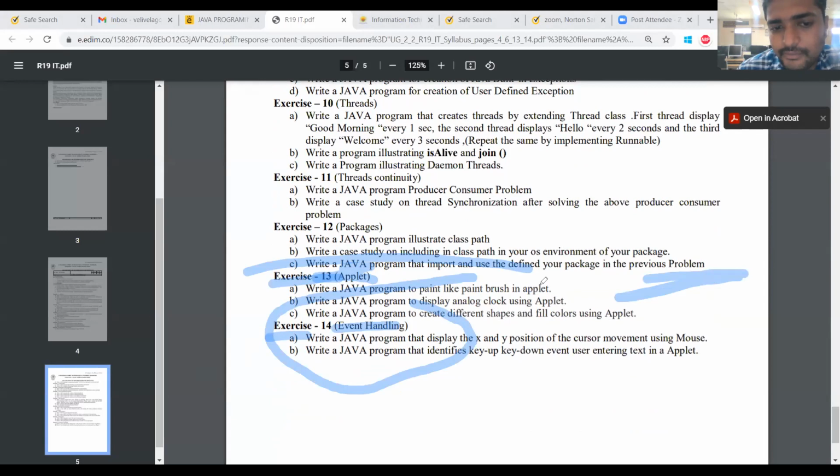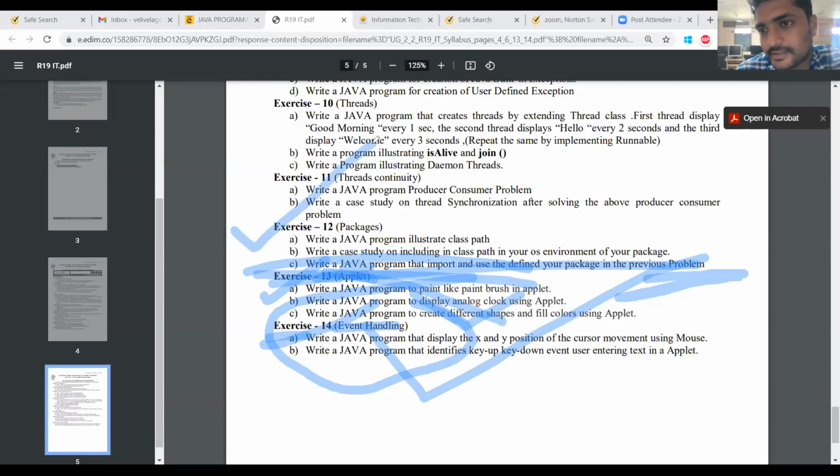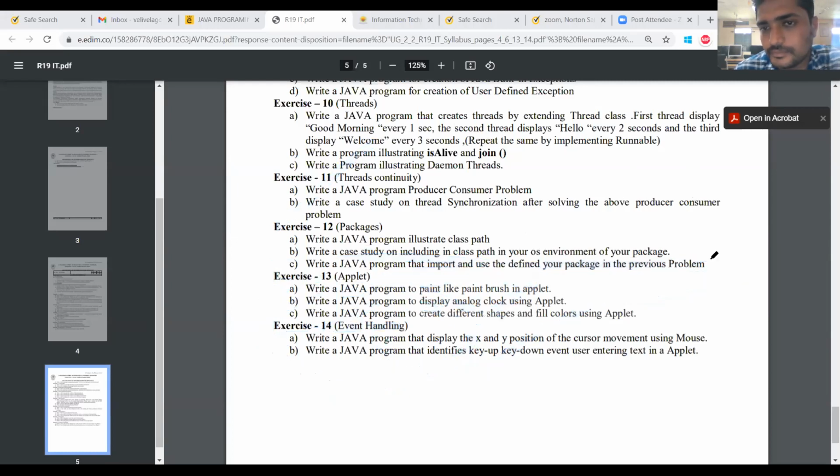If we have time, then we will try to complete exercises 13 and 14. So 13 and 14 are out of syllabus, since the applet and event handling concepts are not covered in theory. Let us complete up to 12 exercises. This is the syllabus for the lab.